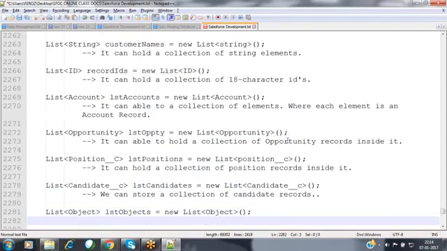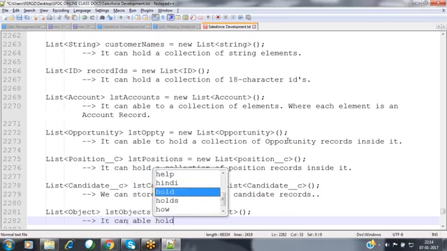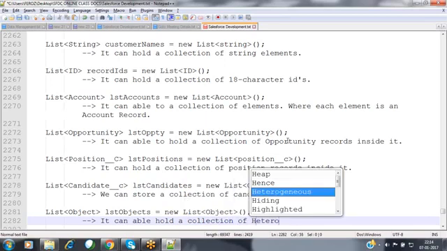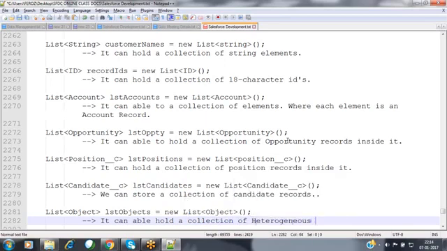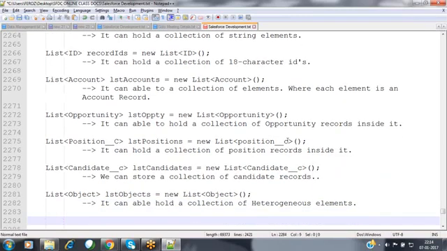Now this object can hold any type of element here. Now it can hold a collection of heterogeneous elements. It may be any type of element we can store inside that, all the primitive types of elements here.